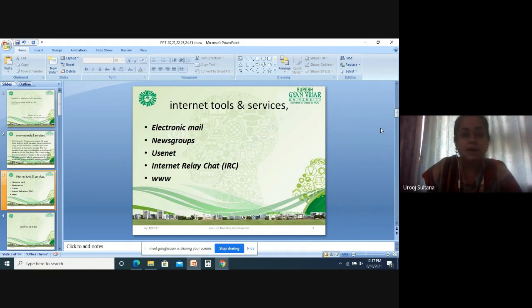So this is all about the basics of electronic mail which we have been using since 1993 till now. And these are the main, important things that we require to send or receive an electronic mail. Okay,